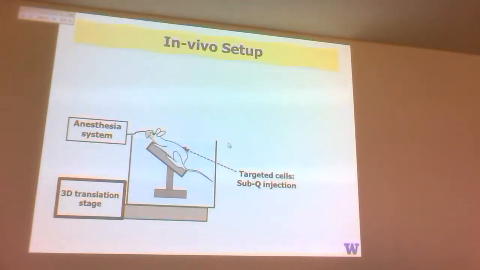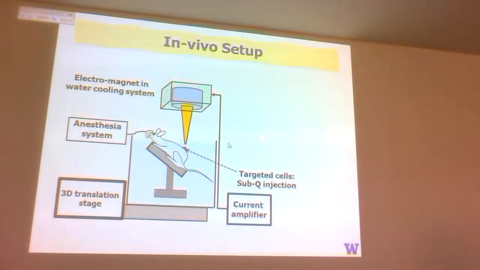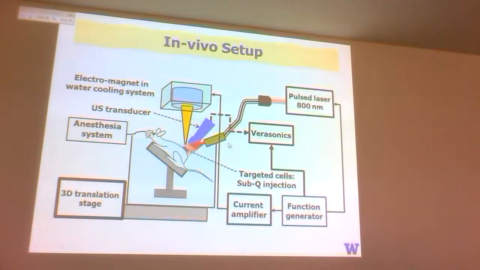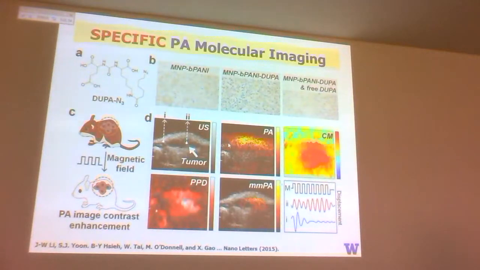Okay. So in addition to a standard photoacoustic system, we brought in this electromagnet. It's a very cheap system. This is not an MRI gradient coil or anything. This is a very, very cheap magnetic system, home built in the lab. And you drive it, but now you have these three things: the light coming in, the ultrasound transducer, and this magnetic source. And because we're doing 2D cross-sectional imaging, we translate the mouse to get 3D. This is a paper that came out about a year ago,